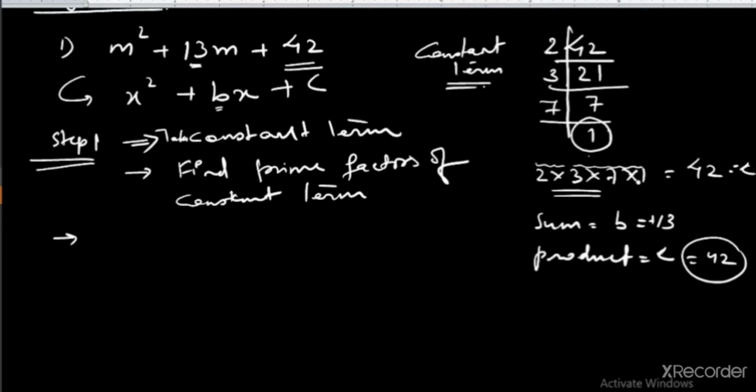Let us try to find out here. It is 2 into 3. We can arrange these two together, make a pair of these two, and make a pair of these two. What will you get? 2 into 3 is giving you 6, and 7 into 1 is giving you 7. If you add them together, you are getting 13, isn't it? You are getting 13 here.